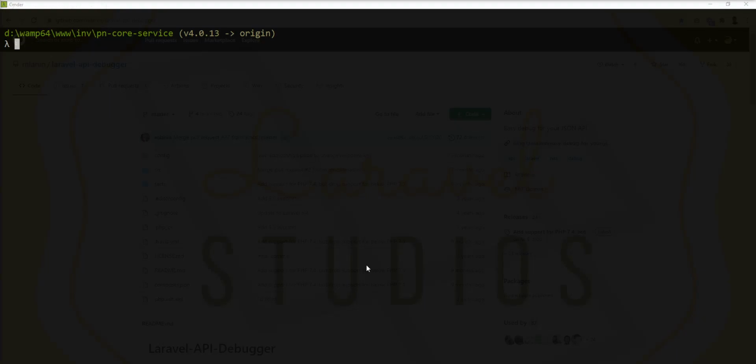Today I show you how to debug the API. First of all, why do we need to debug the API? Right now we have lots of popular front-end frameworks, and we develop the API for the front-end framework and mobile